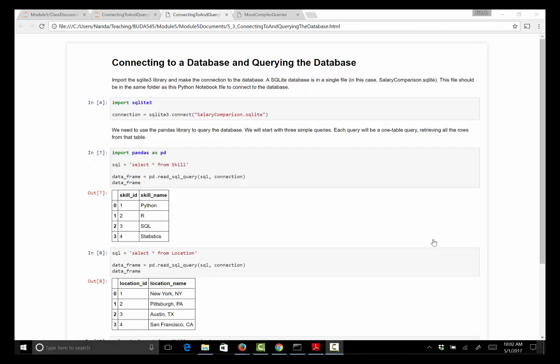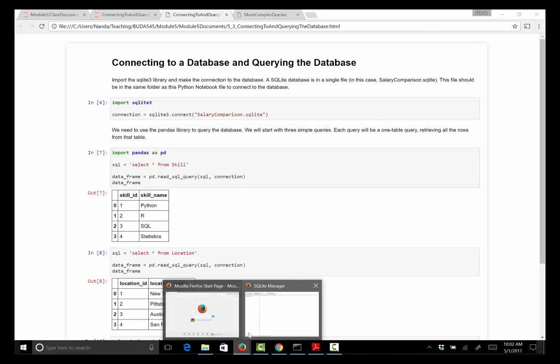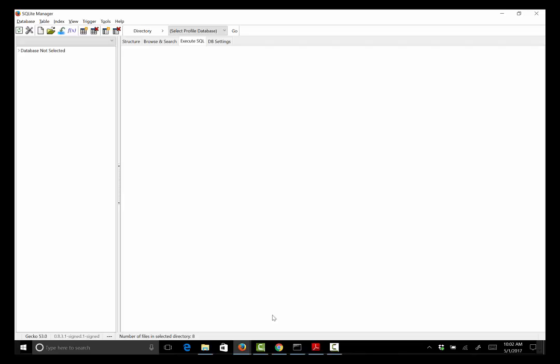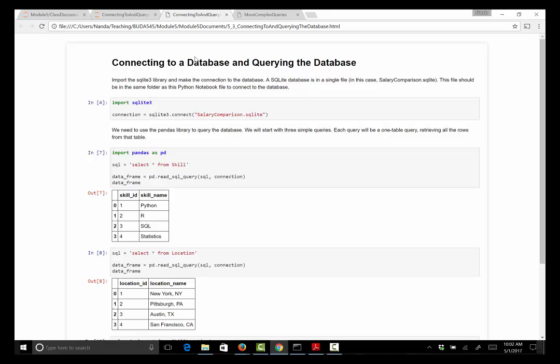The first one I really wanted to set up so that you could explore adding in SQLite and using it to connect to the SQLite database or the SQLite manager, so that you have an environment to directly interface with the database. But of course, for data analytics, we are looking at coming into the Python environment and interfacing or interacting with